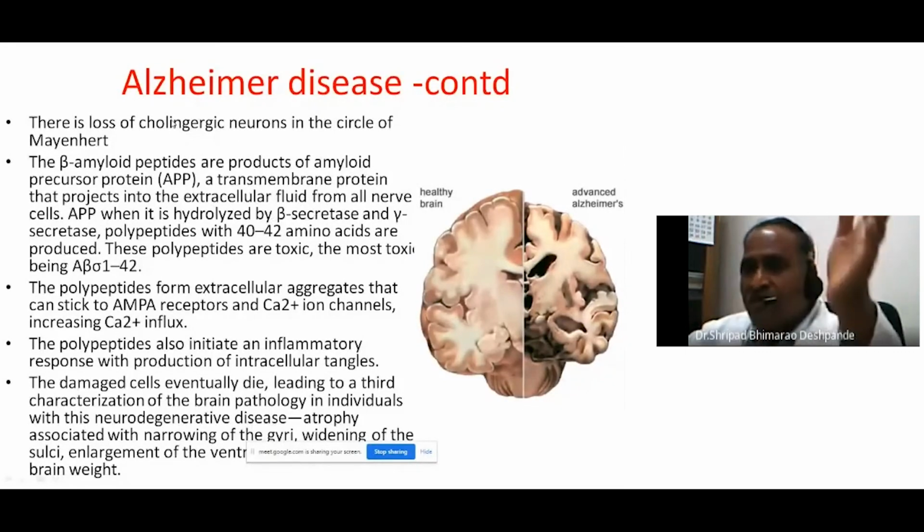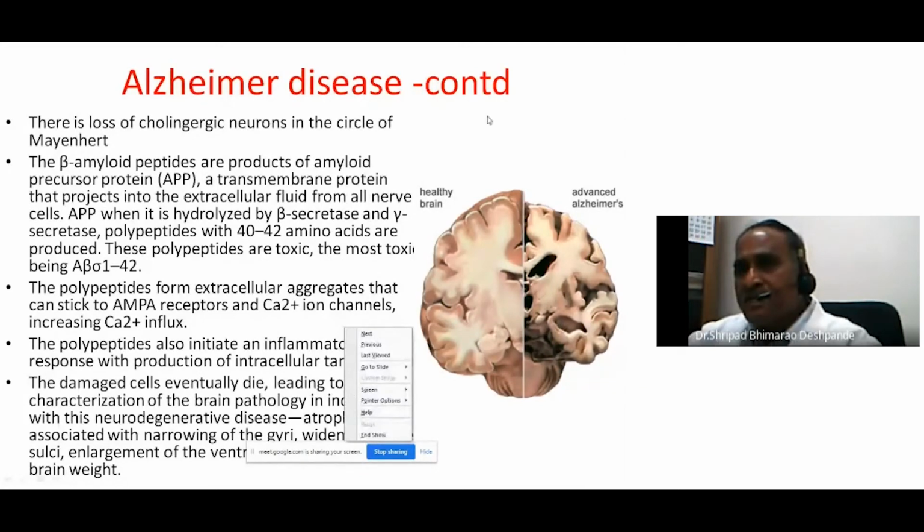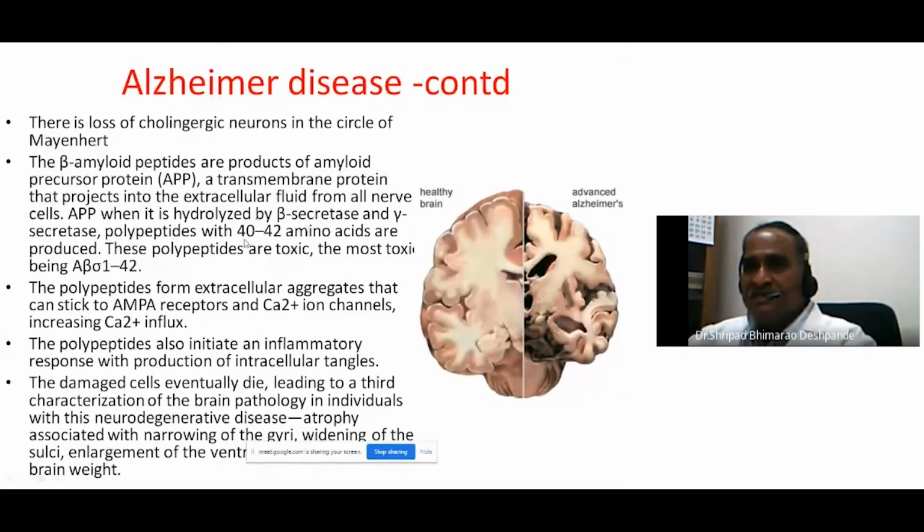Whatever they have produced, they produce toxic events to the cell, and they kill the neurons. That is the important thing: the beta amyloid peptide is produced from amyloid precursor protein, and these polypeptides are toxic to the cell, and many of the neurons